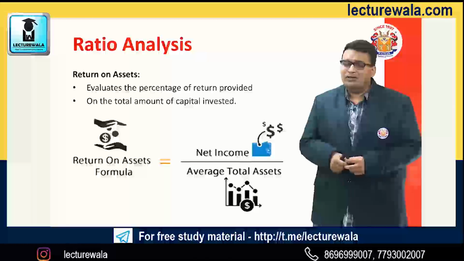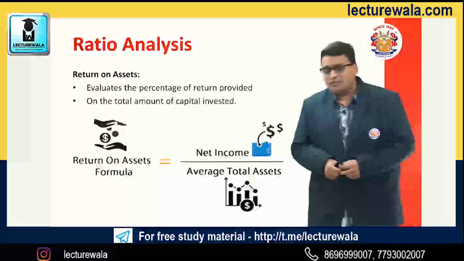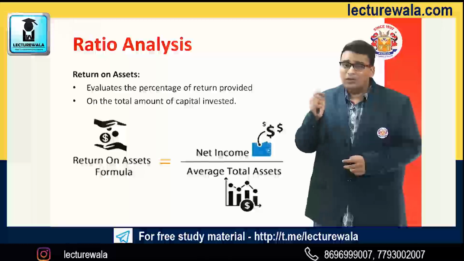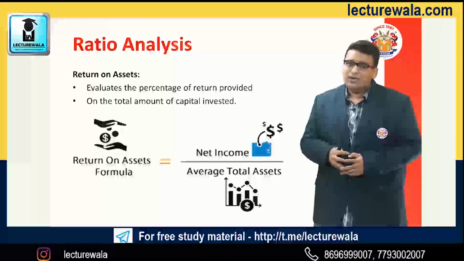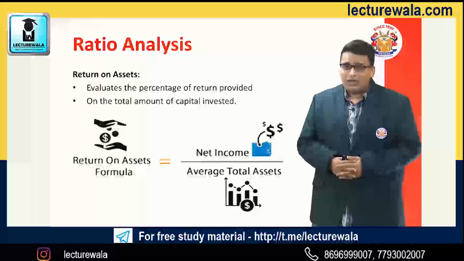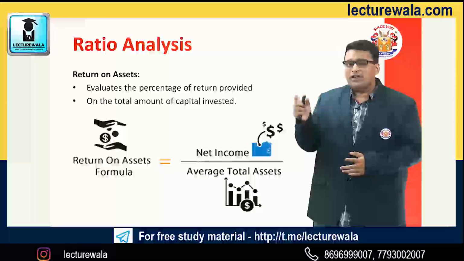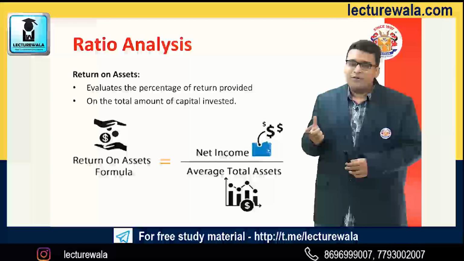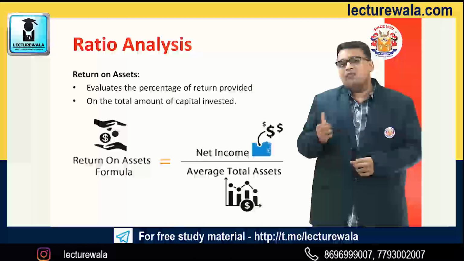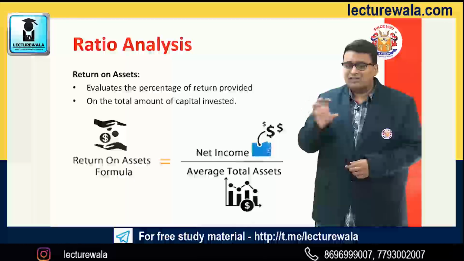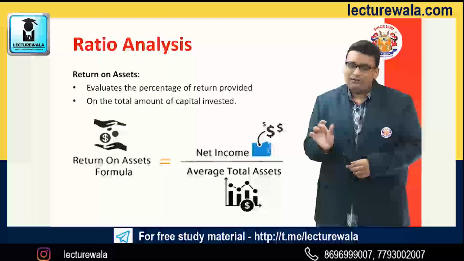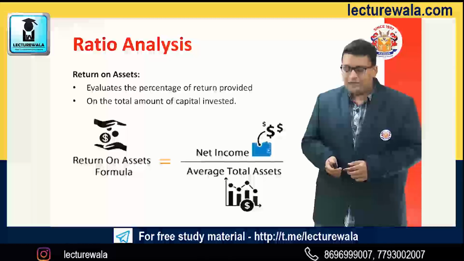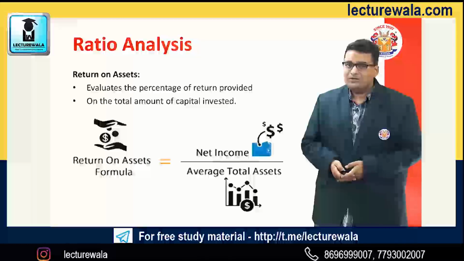Why has the word average total assets been used here? The word average is used because we are not calculating assets for a particular period, we are calculating for a particular date. When we prepare the balance sheet, or rather the statement of financial position, we write it as on a particular date. How much assets are being used during the year to generate the revenue is not possible for us to know. So we calculate the average of all the assets and consider that, on average, this amount of assets helped us generate the net income for a particular period, and that is why it is said net income divided by average total assets into 100.